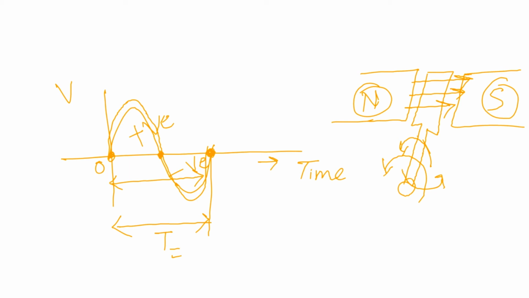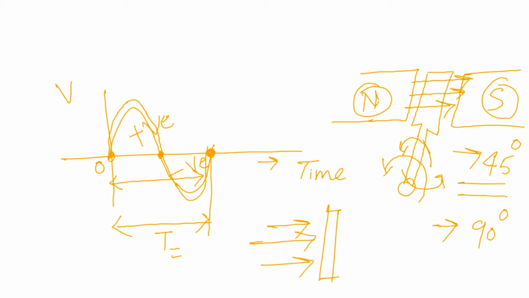At first position, the flux cut at 45-degree angle, and second point, the flux cut at 90-degree. So when these plates are placed right here, perpendicular to the flux, maximum flux cut at this point. Okay, maximum flux will cut and it rotates fast at that point. Okay, it continues again and further it reaches point 0.